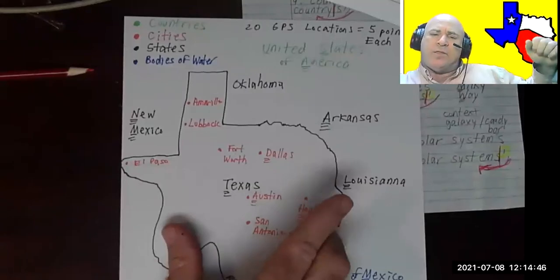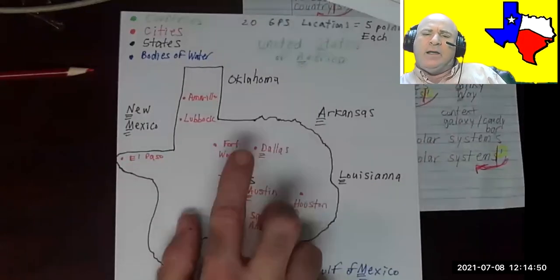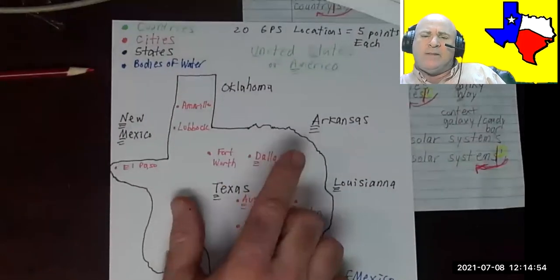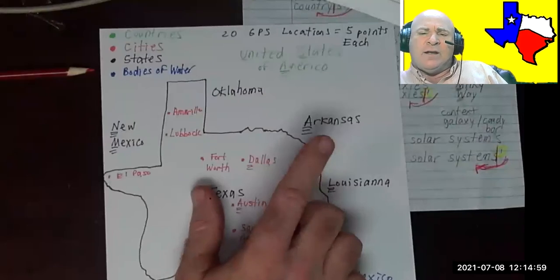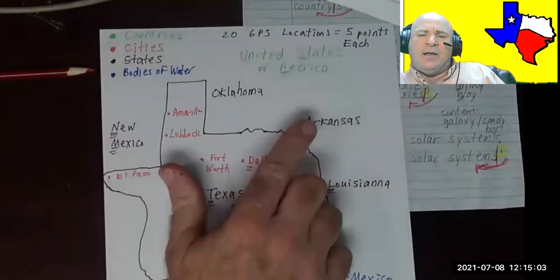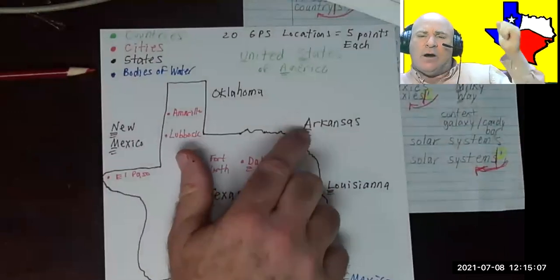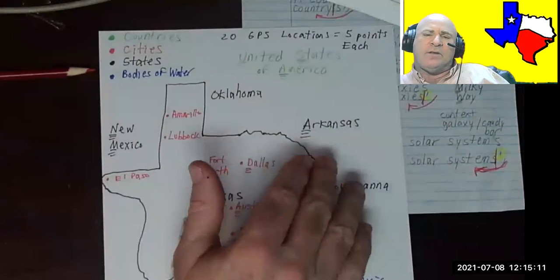To our northeast, we have Arkansas. It looks like to students like Arkansas, but the S is silent in Arkansas. So if you take off the AR, it's Kansas, yes. But if you add the AR, then you take off the S and make it silent. Arkansas. North of us is the state of